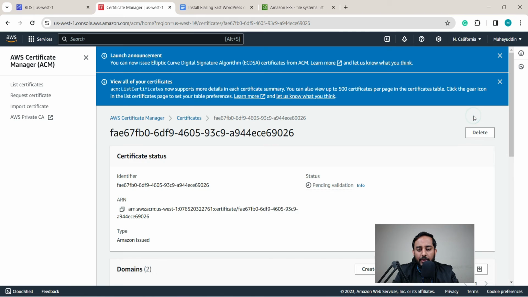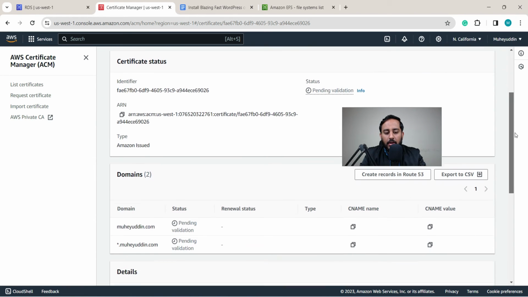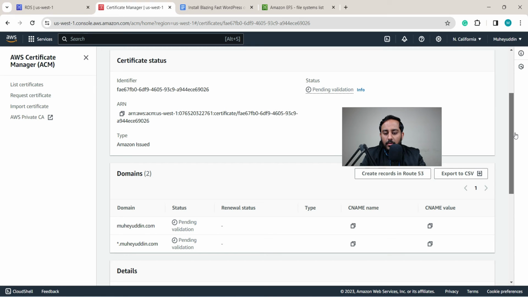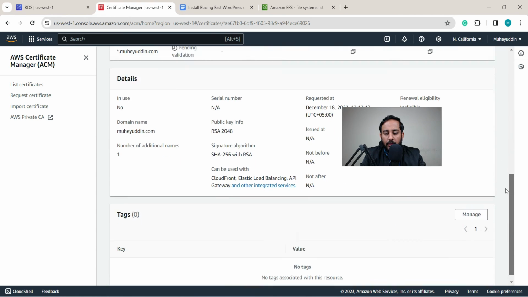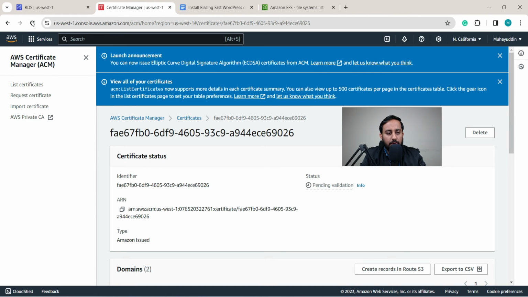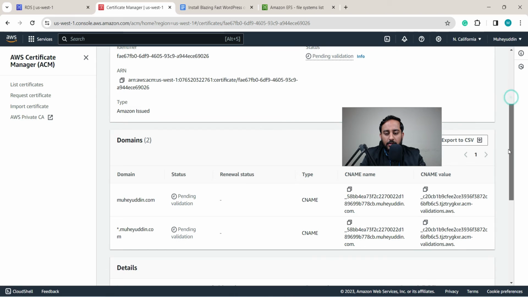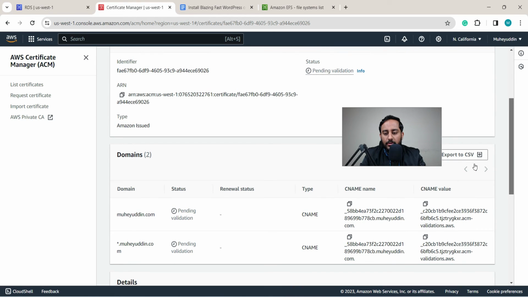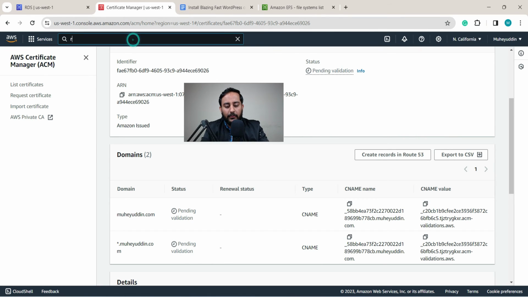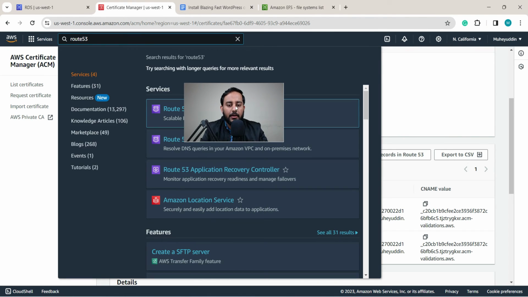Okay, view certificate. So this is the certificate pending validation. Okay, so let's wait for the certificate to give us some records. Okay, fine guys. So we would have to put this CNAME record and the value in our Route 53. So if I go to Route 53,